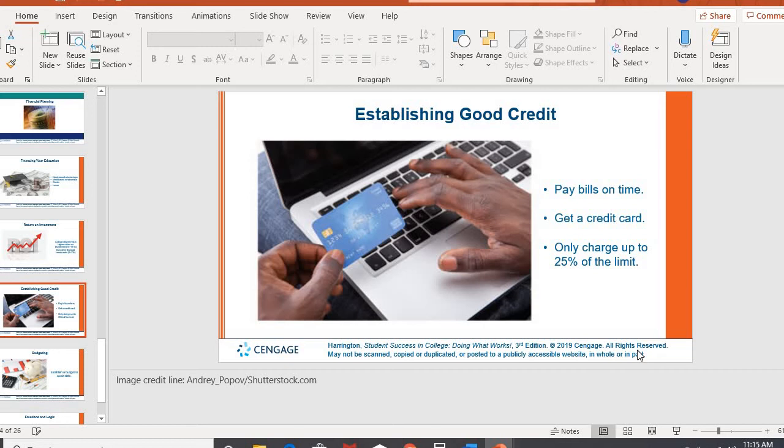So there are different ways: putting utilities in your name, taking out a student credit card with a low interest, low limit rate. So lots of different ways. The key is to establish history. So make consistent payments. Even, again, if you're doing it on your student loans, which technically you don't have to pay back till after you graduate, you can start paying them now, which is going to help you after you do get done graduating.